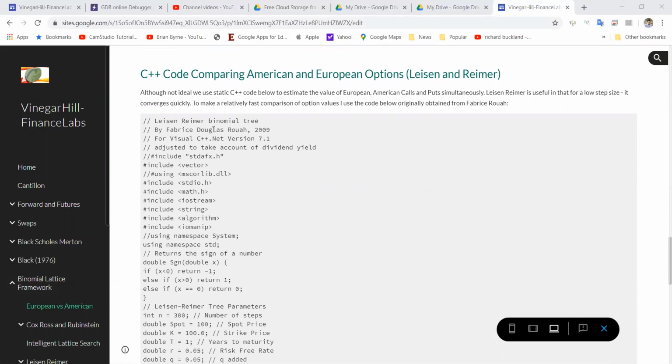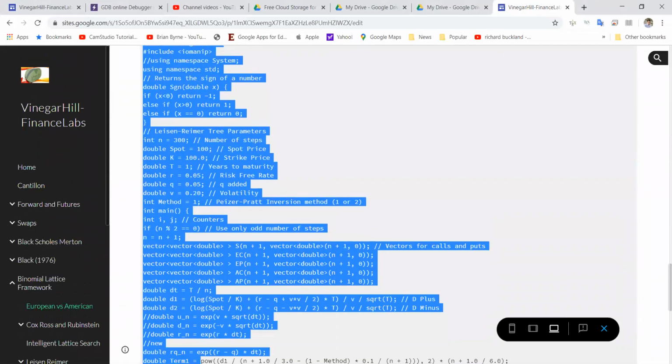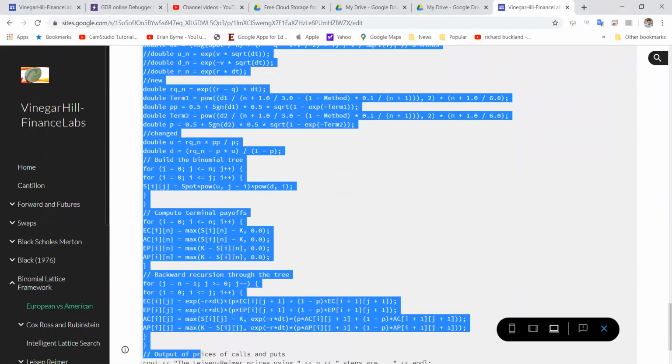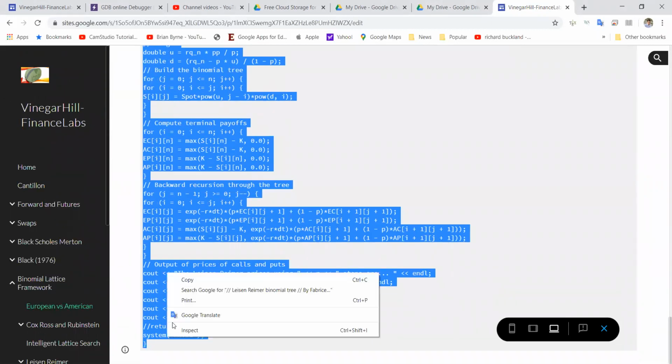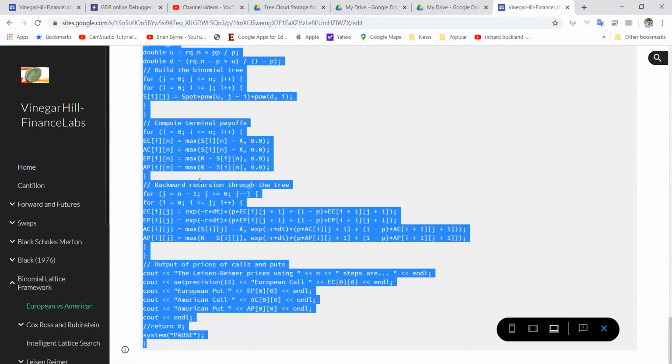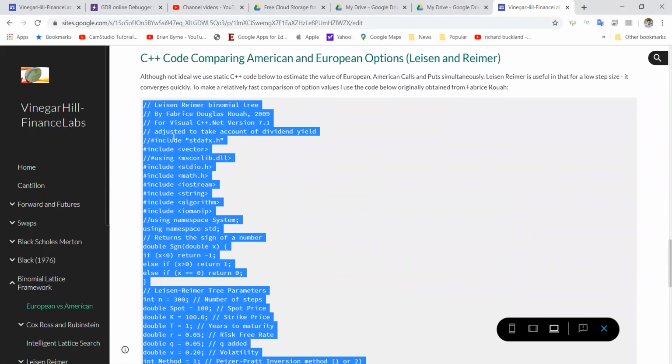Now, the code originally hails from Fabrice Rouah, and we've made just one small change to the original code. We introduced a parameter for dividend yield, and that's just a minor change. So I'm going to copy this code, and I will go into an online compiler,